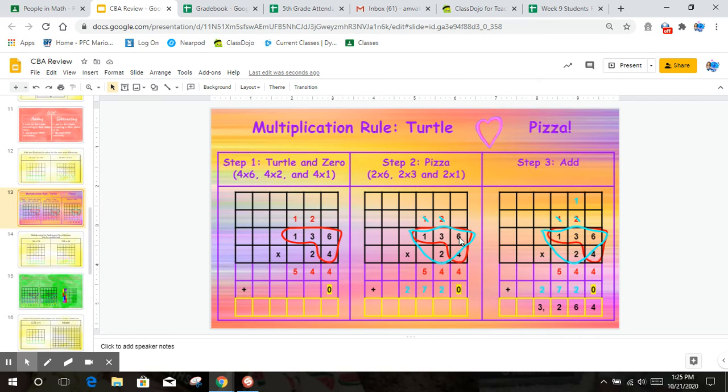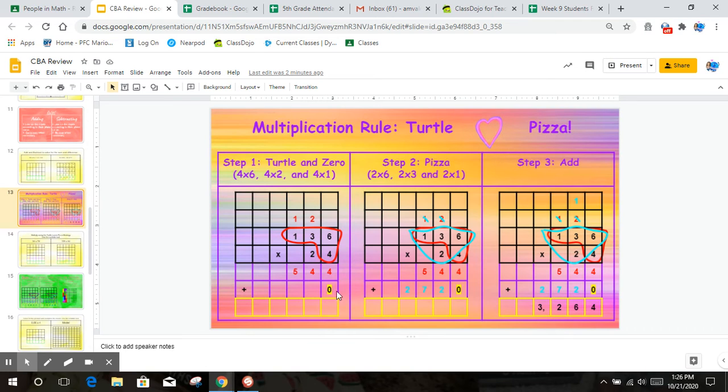So then my second step would be my pizza. 2 times 6 is 12, 2 down here. And then I would put a 1 up top, and I just put it over there. 3 times 2 is 6, plus the 1 more is 7. That was the 1 more that I put over here. I really need to redo this slide now that I think about it. And then 2 times 1 is 2. And then you're simply going to add them together. 4 plus 0 is 4. 4 plus 2 is 6. 5 plus 7 is 12. Carrying up the 1, 2 plus 1 is 3. So for a final product of